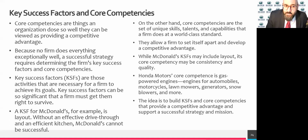And the key success factor, or KSF, these are activities necessary for a firm to achieve their goals. And this could be significant for a company, so that will help them to survive in the market. Let's take an example of McDonald's. McDonald's considers the layout as the KSF, and without an effective drive-through or efficient kitchen, they would not